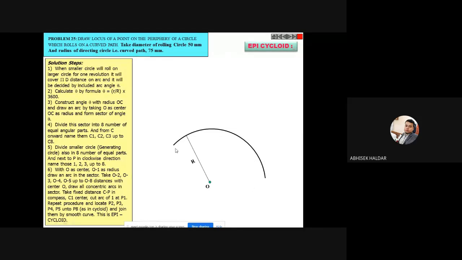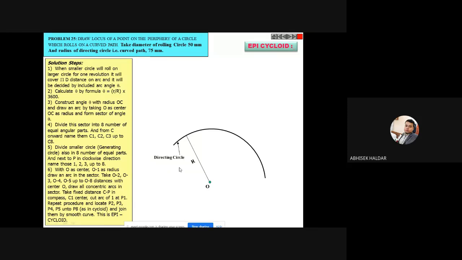Okay, so from your idea, according to the space, you just draw an arc like this first, taking the radius capital R. Capital R here in this problem is 75, which is nothing but the radius of the directing circle. So first you draw this arc. There is some limitation on how much you have to draw, which I am coming to. But first take an arbitrary arc, arbitrary in the sense of arc length, but the radius should be this 75 millimeter. So this is nothing but the directing circle that you can see.